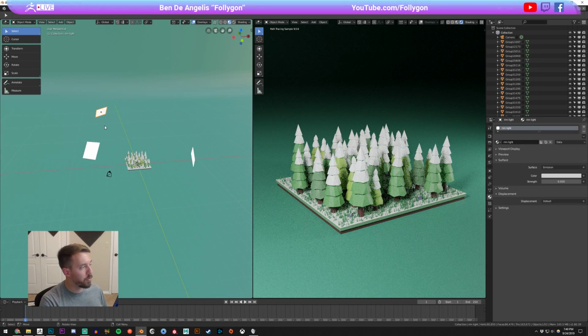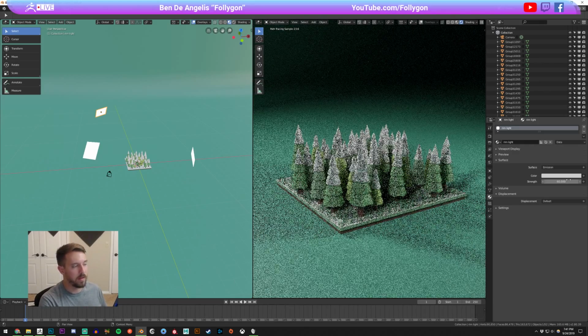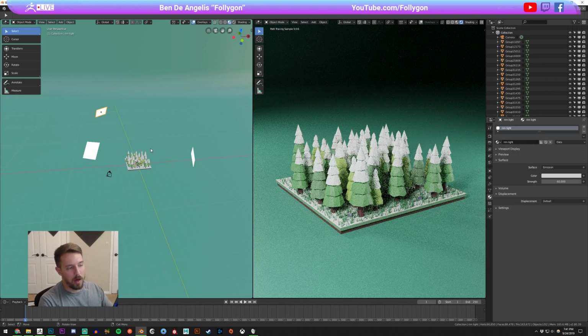And then the backlight or rim light is something that, in my personal opinion, you can do without in a lot of cases. For something like this, I think you could probably do without it. It's really nice when you're trying to light a portrait to get a really nice rim light around your character. For this though, I don't think it's super necessary, but I will go ahead and turn it on just so you can see how much more light we get in the scene and how well things work here